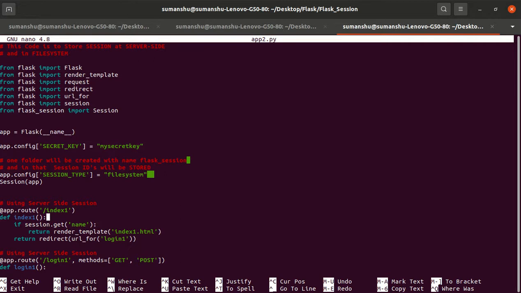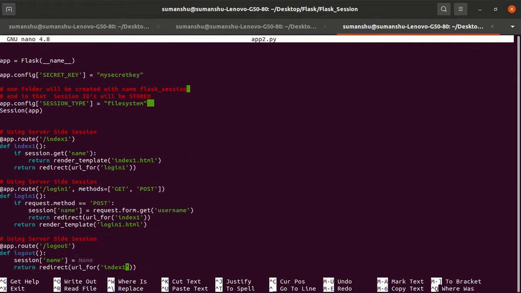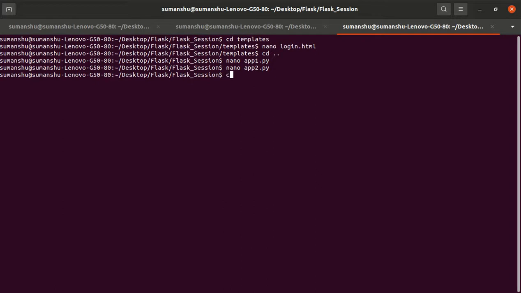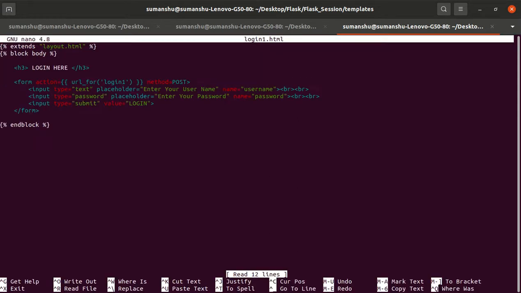Oh, one minute, something is wrong here. The request method is POST only, then why is it routing again to the login page? The method is also POST here.